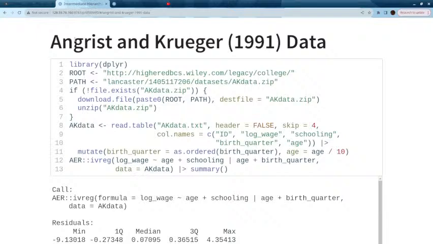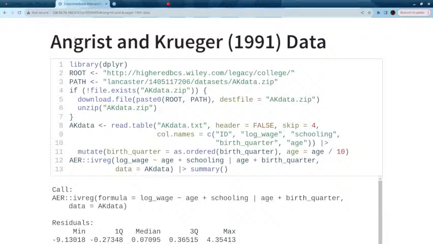So we shouldn't do a two-tailed test of the null hypothesis that the coefficient is 0 against the alternative hypothesis that it's not 0. We should do a one-tailed test of the null hypothesis that it's 0 against the alternative hypothesis that it's positive, in which case we do reject the null hypothesis for a one-tailed test because this p-value is less than 0.1,